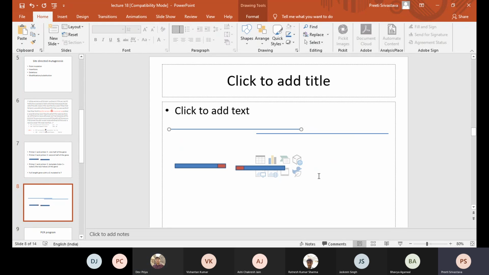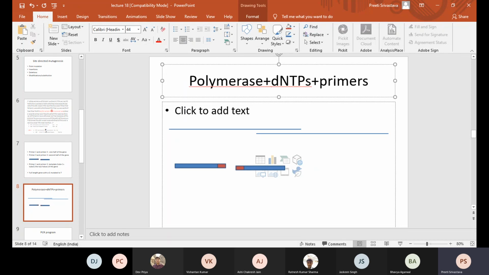So now when you have such a situation, class, in the PCR I told you you will have polymerase. Remember that? And you also have dNTPs which need to be incorporated, and you also have primers.